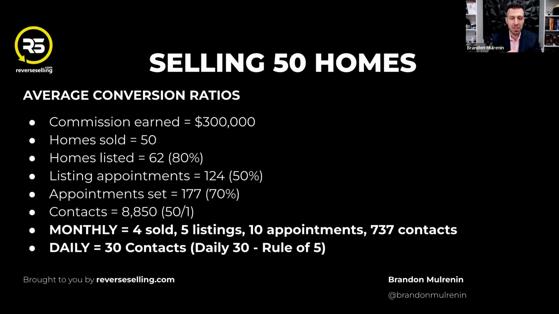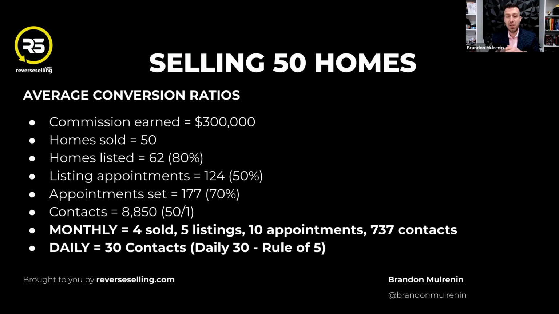Focus on the lead sources that we talked about, following my rule of 5. So any agent that I coach, we have them follow what we call the daily 30. Here's how it works to get your 30 conversations. Ready? I'm going to go through these fast. You call 5 expired listings a day. You call 5 for sale by owners a day. You call 5 people in your niche. You call 5 referral partners, and you call 5 people on your farm.